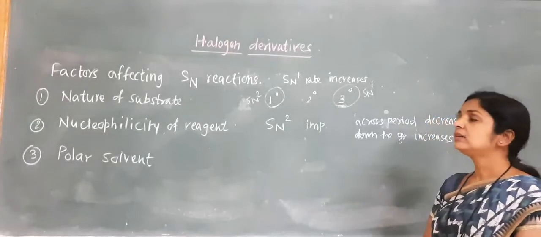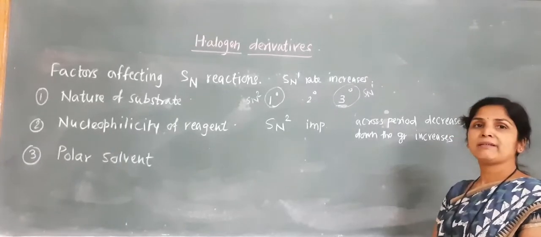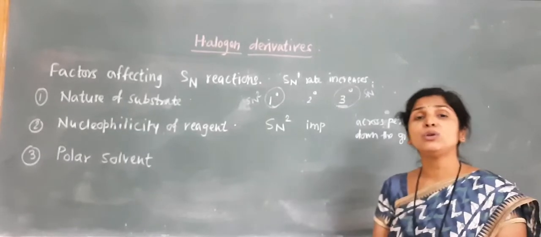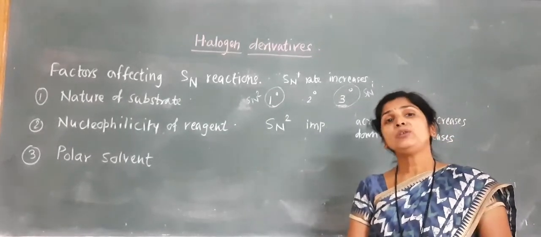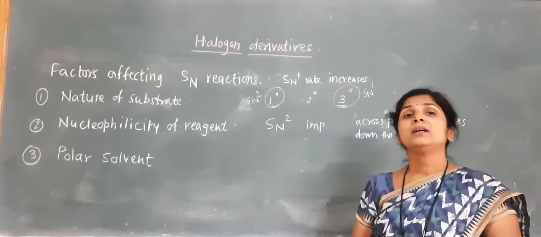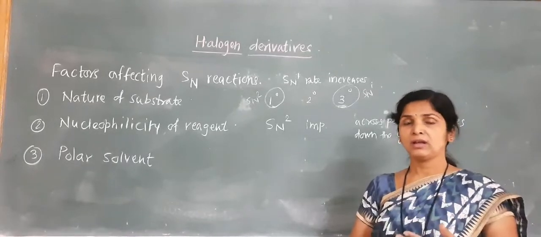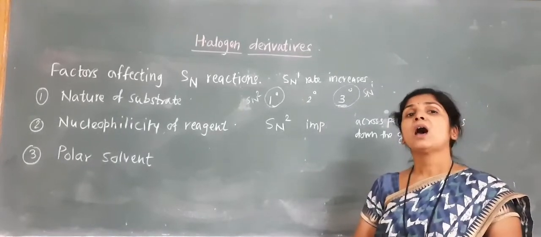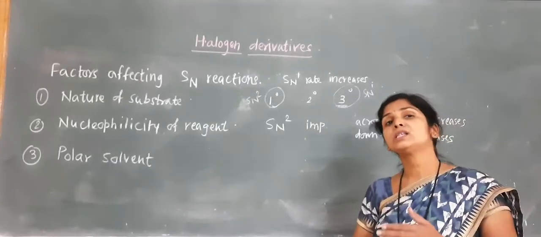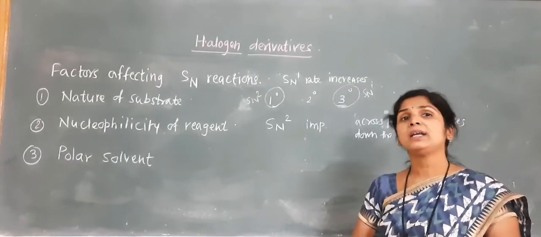The next factor which is influencing the SN reaction is the nucleophilicity of the reagent. Now what is this nucleophilicity? Any nucleophile is going to attack the substrate molecule, but the type of the nucleophile is going to decide how fast the reaction is going to take place. If the nucleophile is a strong nucleophile, then the reaction will take place immediately and it is going to favor